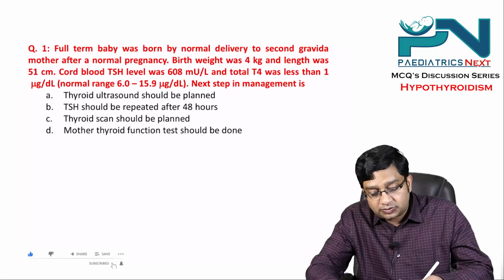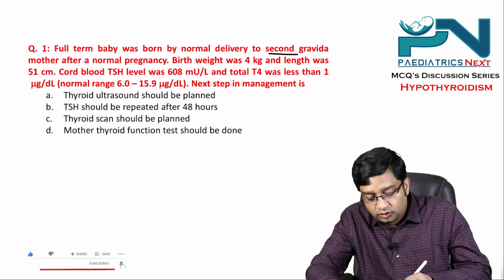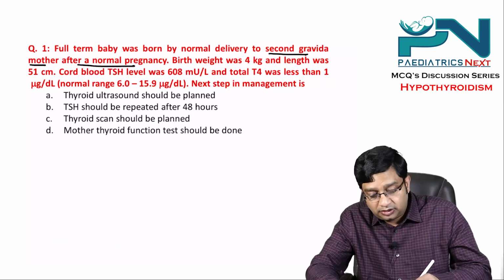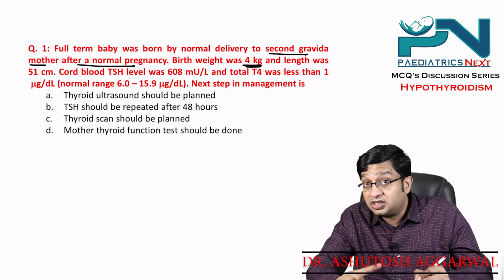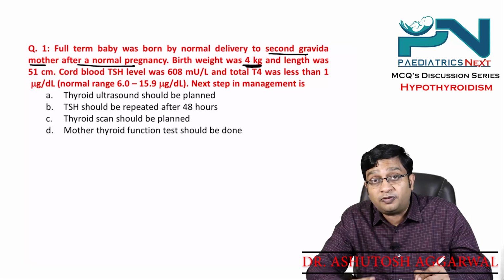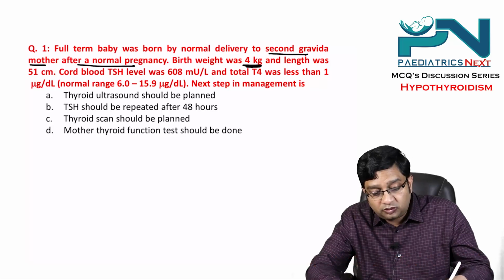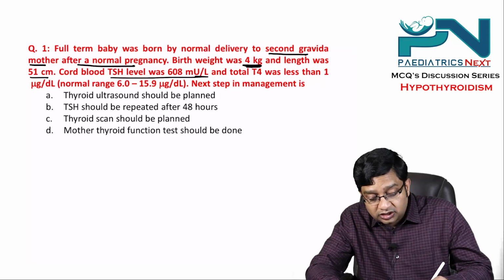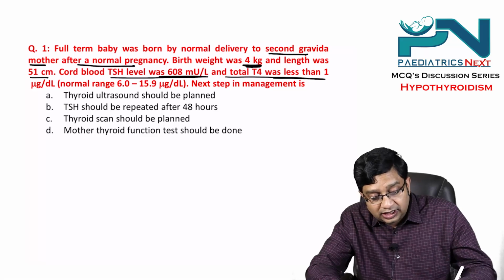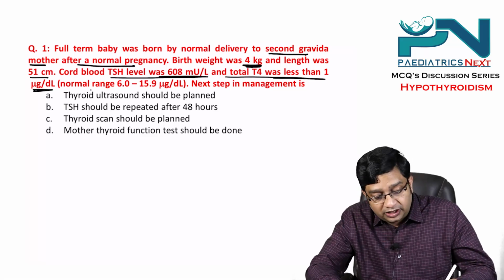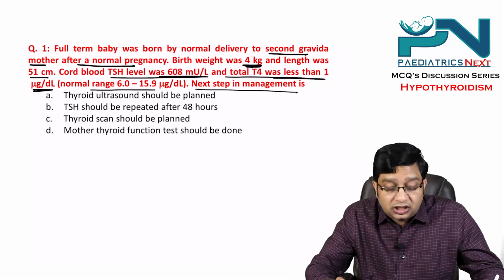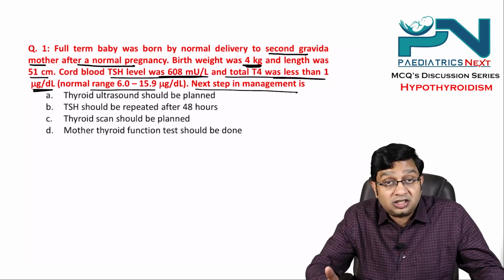A full-term baby was born by normal delivery to a second gravida mother after a normal pregnancy. Birth weight was 4 kgs, which is increased, and that is one of the signs of hypothyroidism. Length was 51 centimeters. Cord blood TSH level was 608 and total T4 was less than 1. Normal range is this. Next step in the management is, now you can think, particularly the TSH is increased,